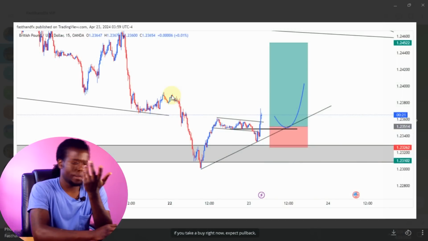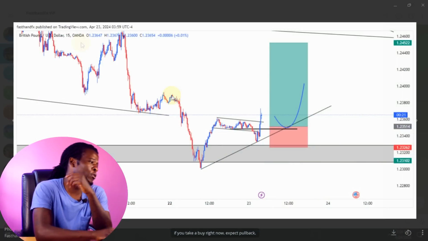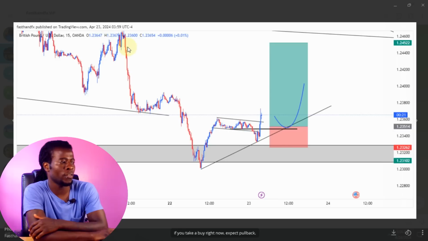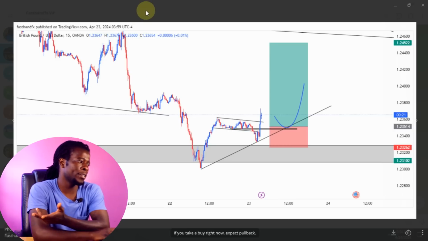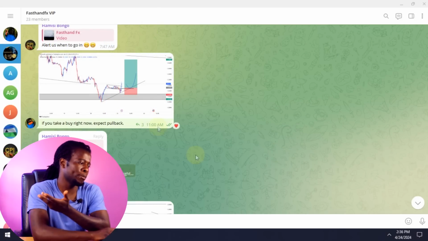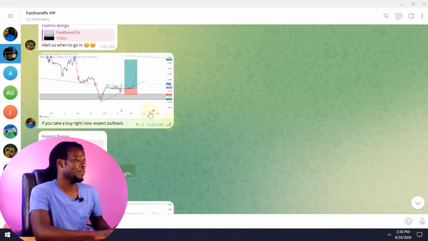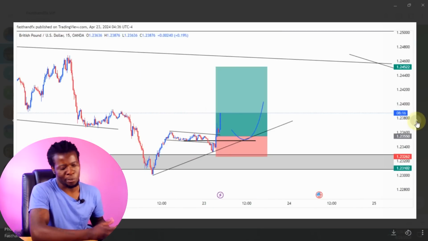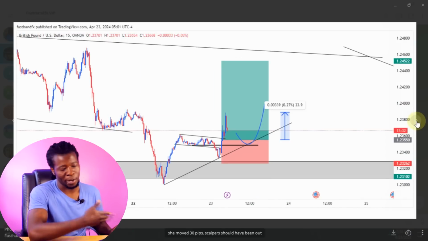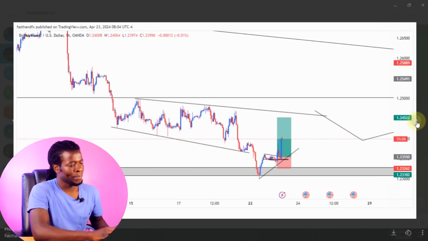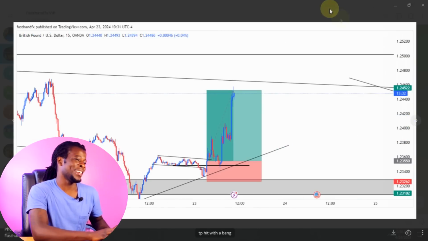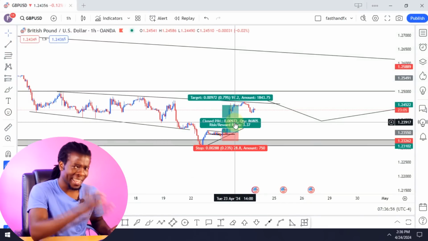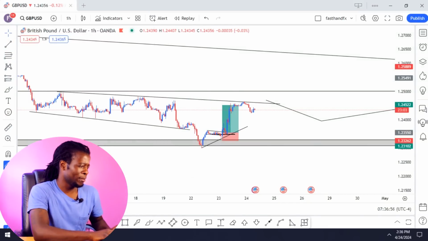Once again, you can pause this video, try to zoom around this zone right here. You see the market was taken on April 23 at 3:59 UTC, and I say, expect a pullback when you take that entry. And of course, as the trade played out, you see this is when we were in profit, and remember I said expect pullback. So you see the pullback was happening and the market went all the way to hit TP over 90 pips, I believe so, 97 pips, which was an amazing run.